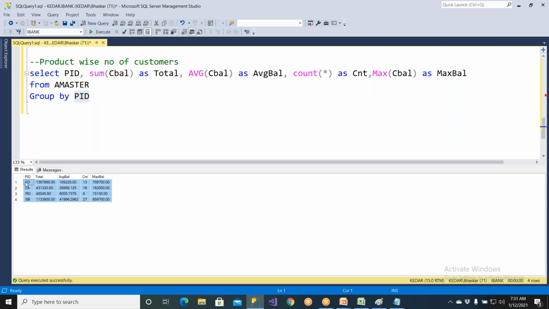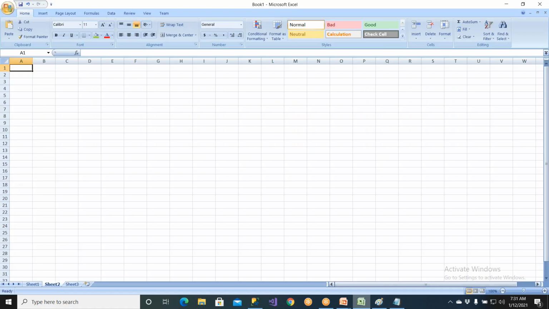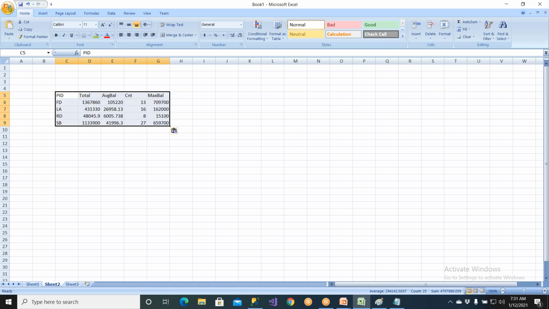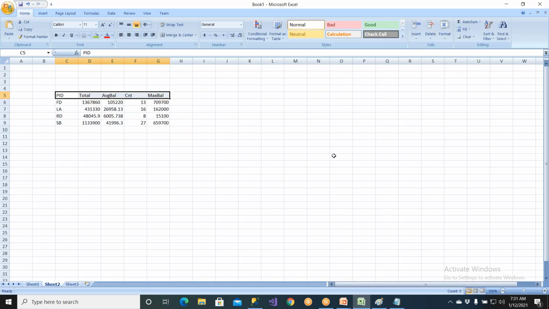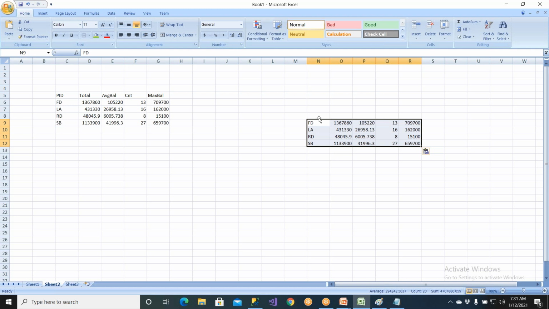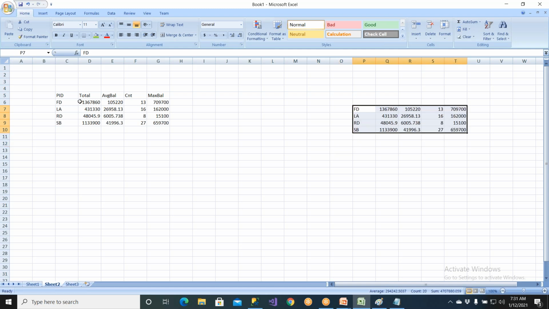Let me go here, copy and copy with headers. Headers means column names also will get copied. You simply go here, go to this corner and right click, copy with header. When you say copy with header, column names also will come. You just go here, simply copy, and you come here and paste it. No column name. See, there is no column name here. There is a column name, right? So you should be able to get and